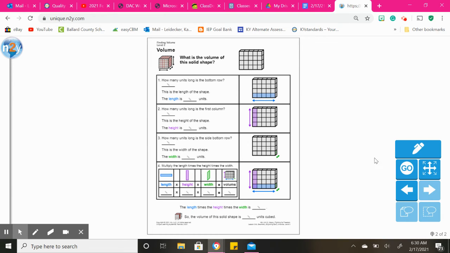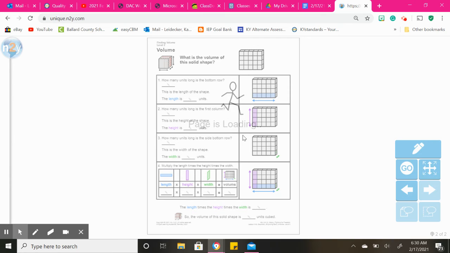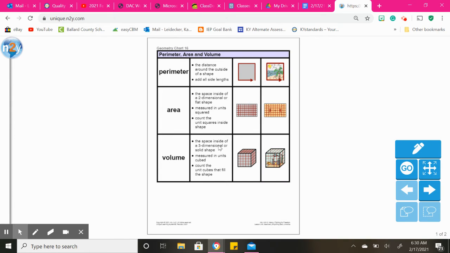What is the volume of this solid shape? Volume is the space inside a three-dimensional shape. You see these are flat, like the perimeter is going to be like you did around a fence. There's nothing three-dimensional about it. Then the area was the inside of a two-dimensional shape. And then you have volume, which is the inside of a three-dimensional shape, like your house or this cube here, measured in units cubed. You count the unit cubes that fill the